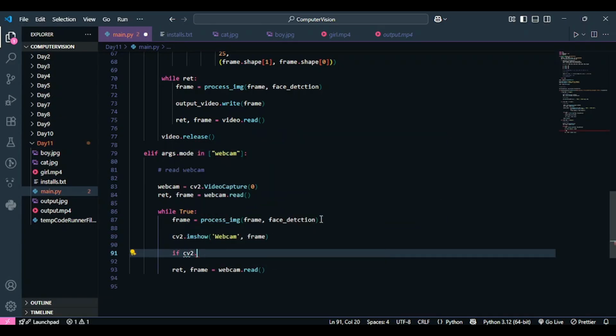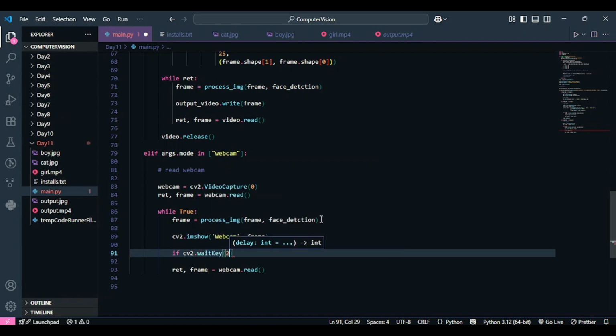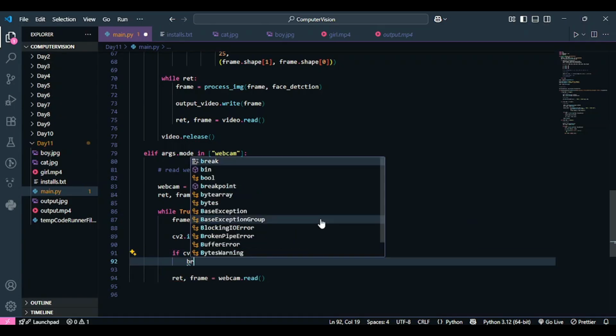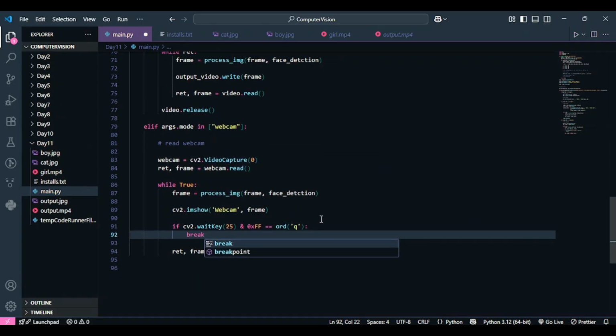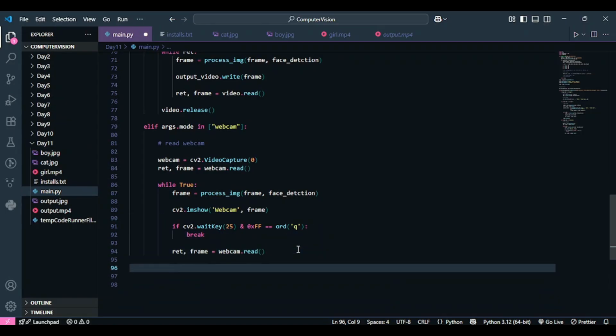Then I'm going to write the wait key. Okay, so I have done writing this as well. I am just going to release the resources in the end and I think we are good to go.